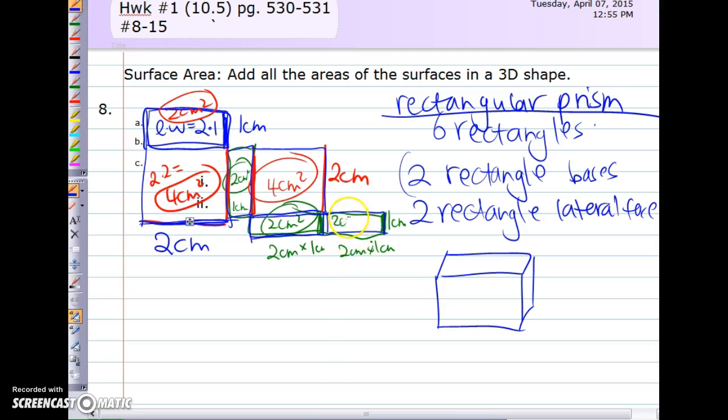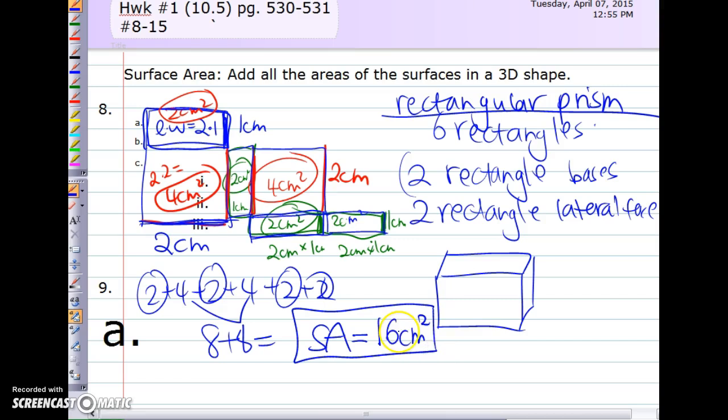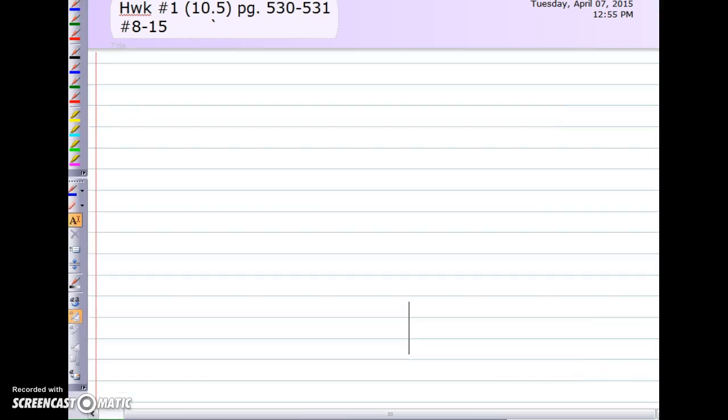Okay, then I'm going to add all of those up, and that's going to give me 2 plus 4 plus 2 plus 4 plus 2 plus 2. If I take all the 2's together, that makes 8, and the 2 4's also make an 8. So now my final answer for the surface area will equal 16 centimeters squared. My area of all the surfaces for my rectangular prism added up to 16 centimeters squared. Let's try number